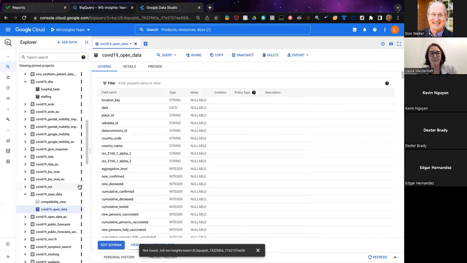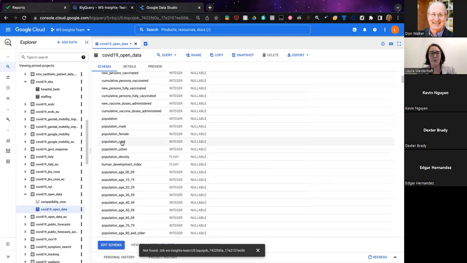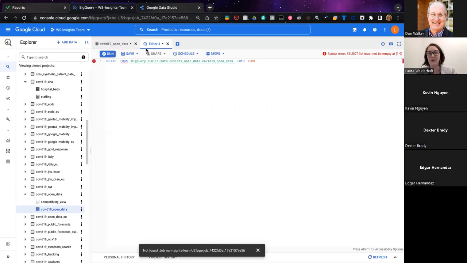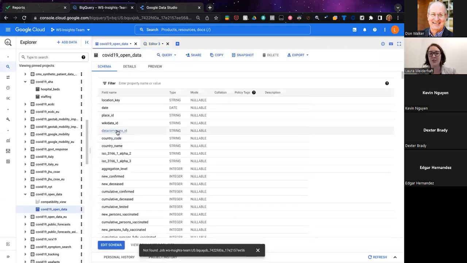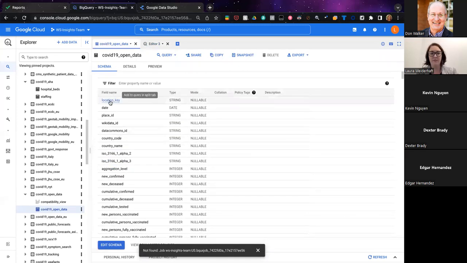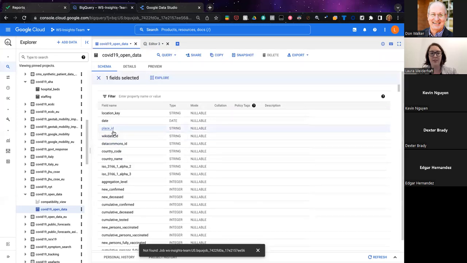You can look at the schema for a data set, and it can help you get kicked off and start a query. Once you have an idea of what's available in these data sets, you can either query and it'll start your query for you, or if you're just interested in certain columns of data, you can click through them and they'll help you.